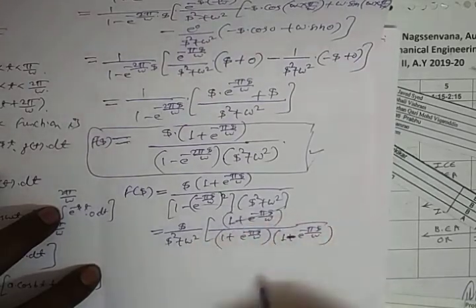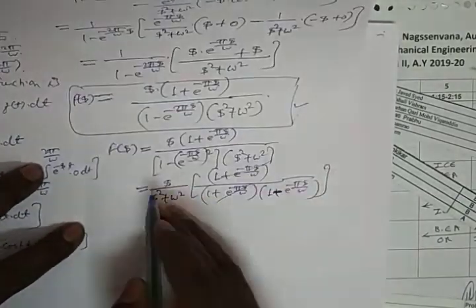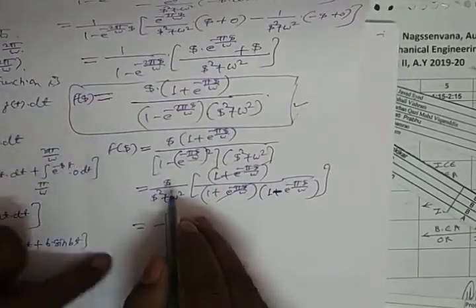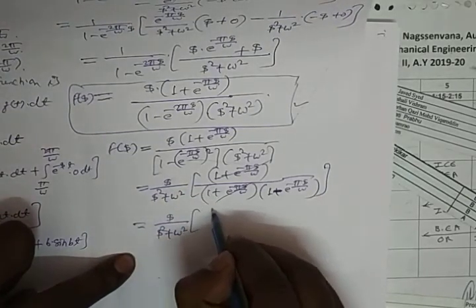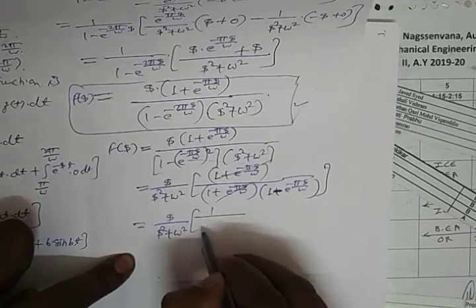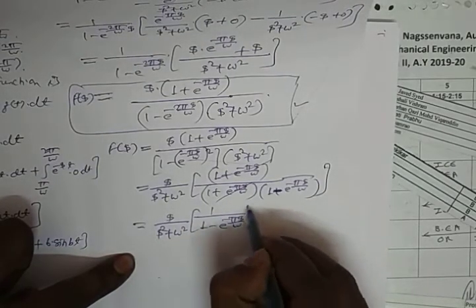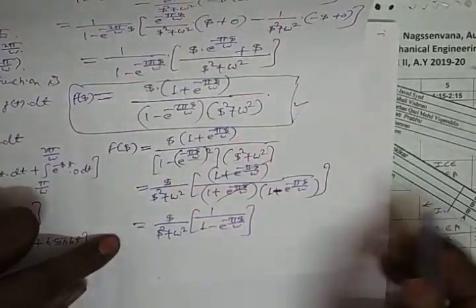So this plus and this plus get cancelled. What we get? So finally we will get here, that is equal to s upon s square plus omega square in bracket 1 upon 1 minus e raised to minus pi s by omega, okay. This is the answer, or again this can also be written as